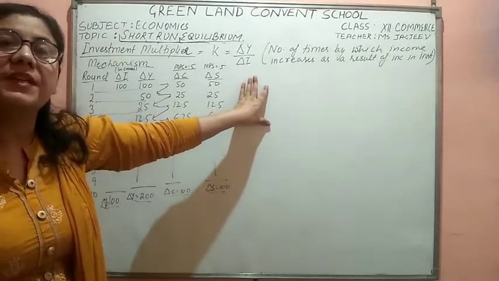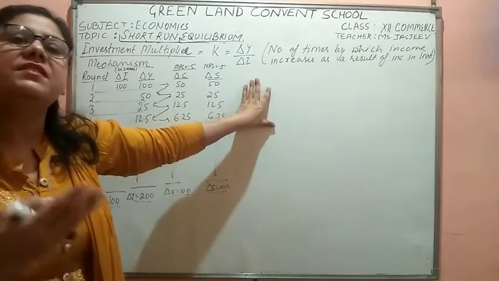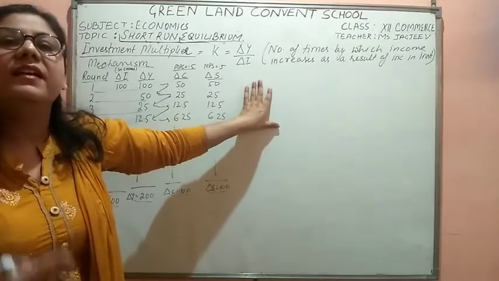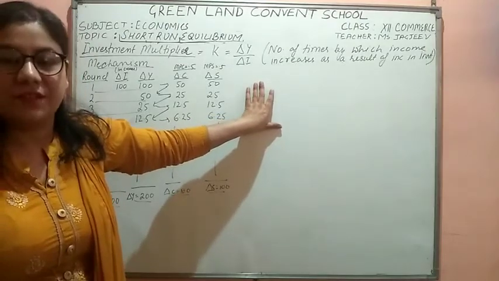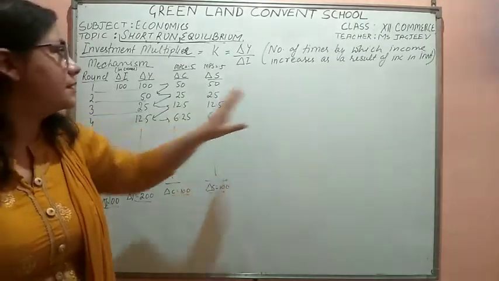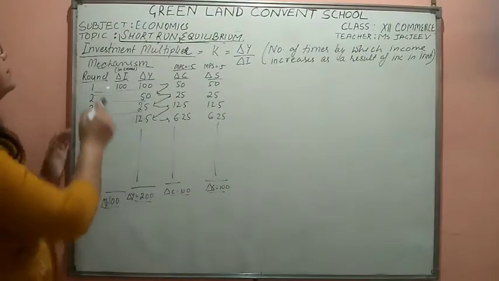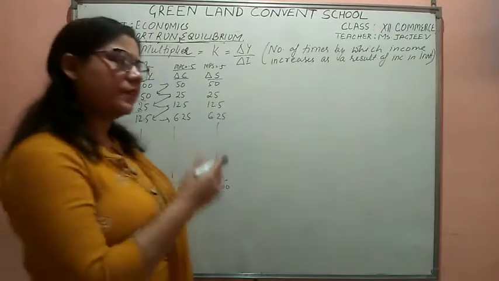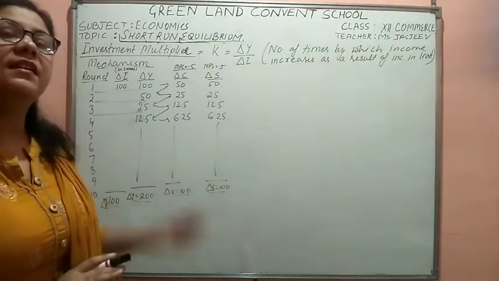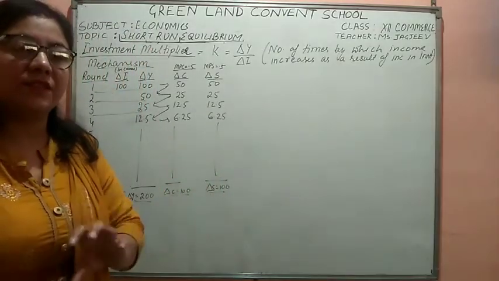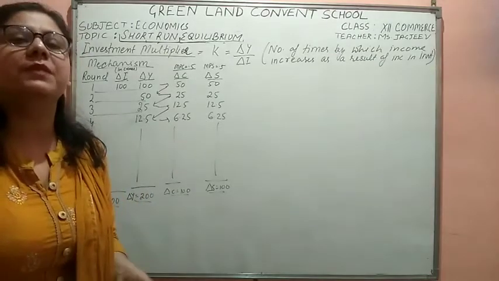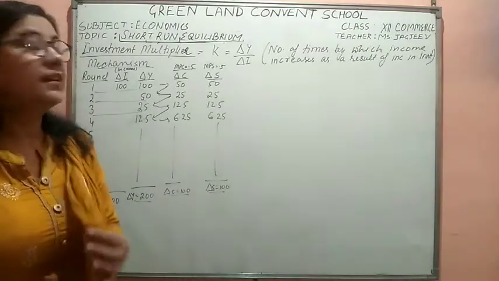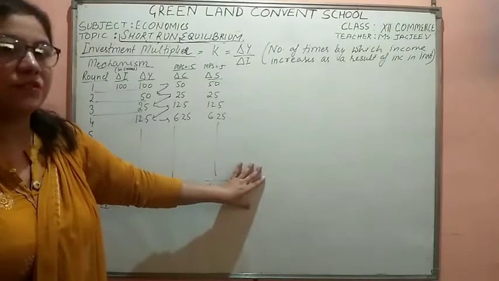This is investment multiplier. It means that income increases manifold, or the income has a multiple effect. The increase in income is in multiples. So, how could we explain the mechanism? This is a very important question. Every time this question is asked: what is the mechanism of investment multiplier, or how does investment multiplier work in the economy. A 6 marker question is going to come from this chapter.